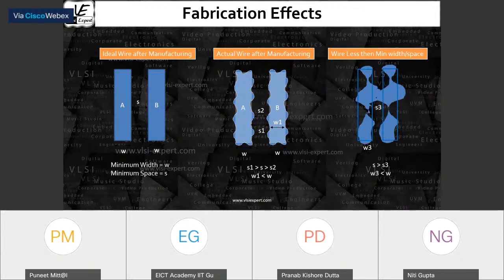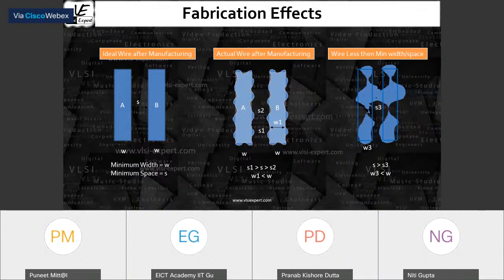That means either the wire is going to be open, or the wire can be short, two wires can be shorted. So to avoid these things, the foundry came up with certain rules like minimum width and minimum spacing, and these things are present in our technology file. And in the technology file, there are matrices where the foundry will tell you